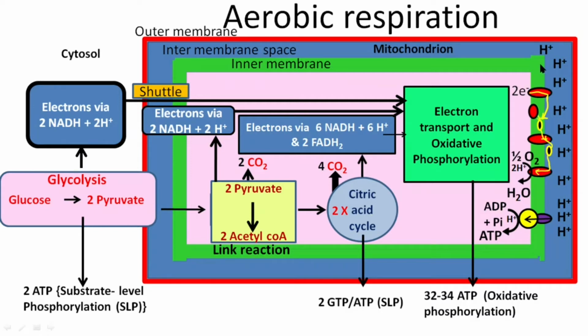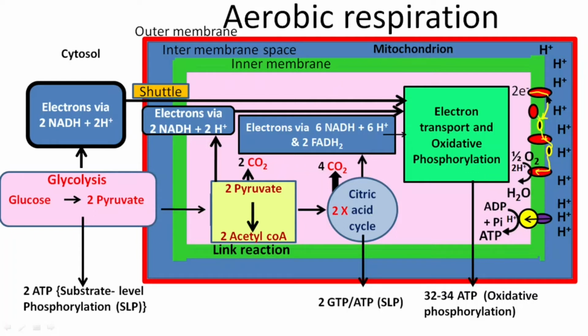Now we will see what happens in the inner membrane of mitochondria. When electrons are obtained from NADH by complex 1 and FADH2 by complex 2, these electrons are passed on through different components of electron transport chain. These electrons finally reach oxygen, which is a terminal electron acceptor. After accepting electrons, they also take protons from the matrix of mitochondria, undergoes reduction and forms water molecule.